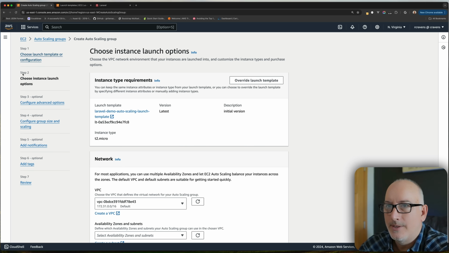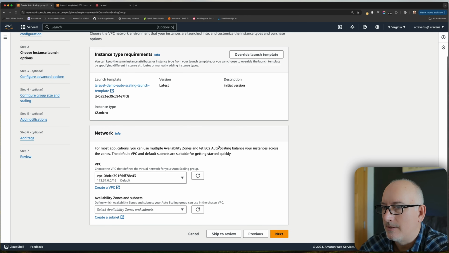And so now we're at step 2 of this wizard. There are 7 steps, so we're going to go through the second step here. All right, so now here's where I can configure that network. Using this auto scaling group is going to use that launch template, and I can specify where it's going